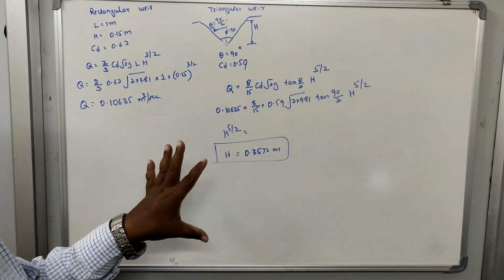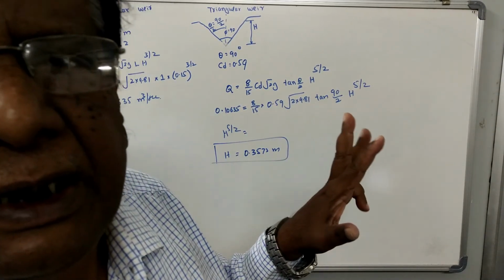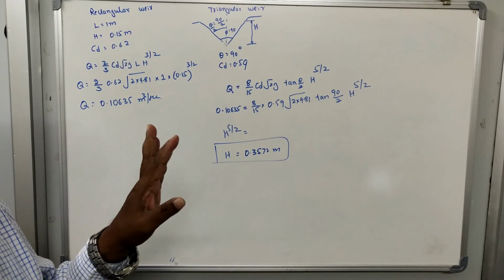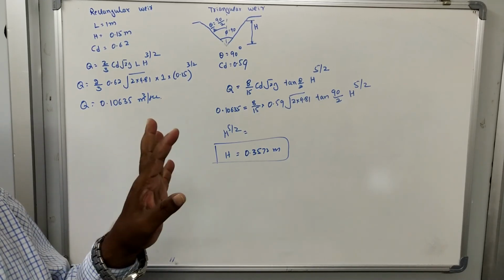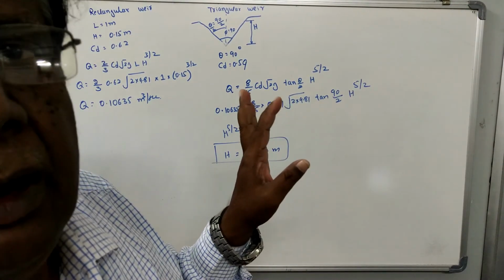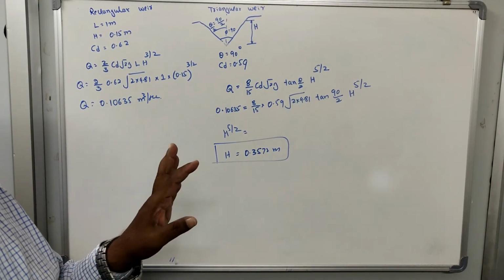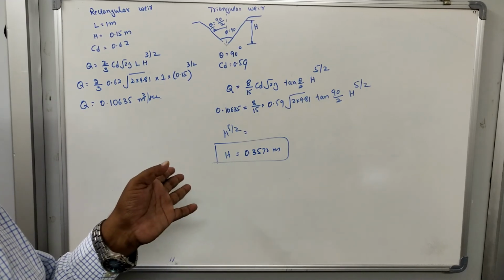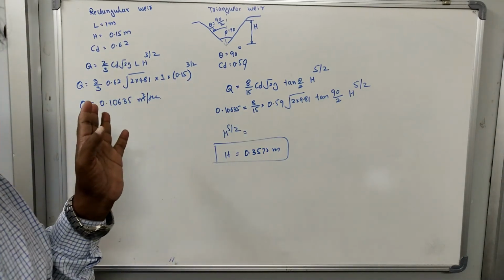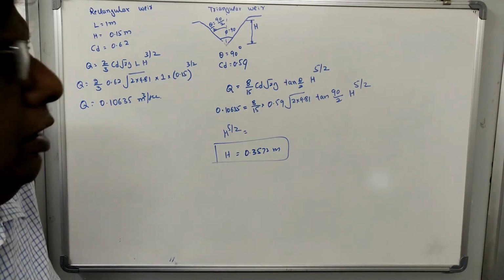The portion for the 3rd test is classification of orifices, mouthpieces, then the derivation for the orifice discharge equation, Q is equal to, find the discharge for the orifice and for the mouthpiece. Then numerical problem. Then you also have one question on the notches and weirs, that is again classification of notches and weirs, discharge equation, derive the discharge equation either for the trapezoidal notch, triangular notch, rectangular notch or Cipolletti notch, and you have the numerical problem.